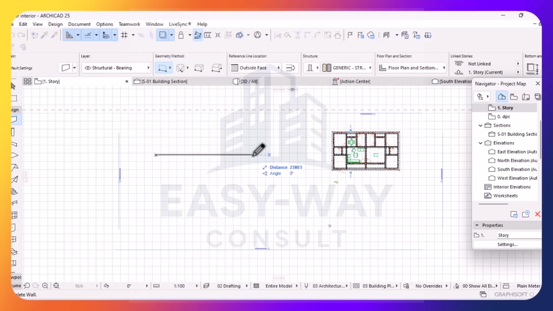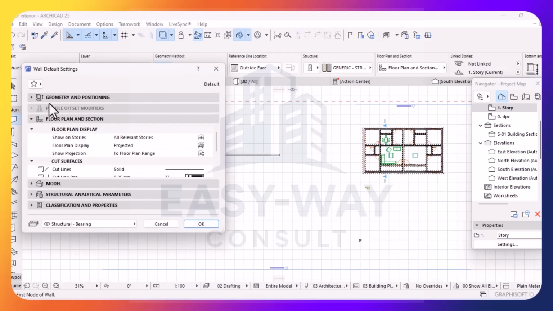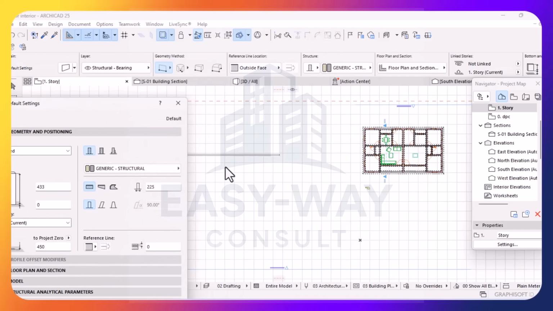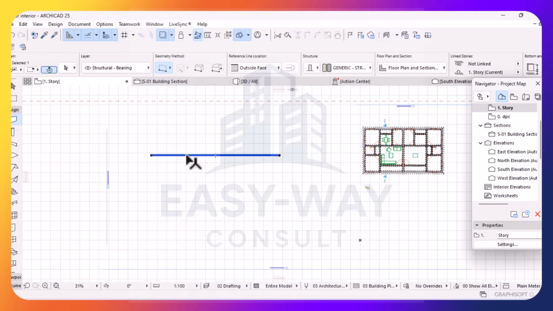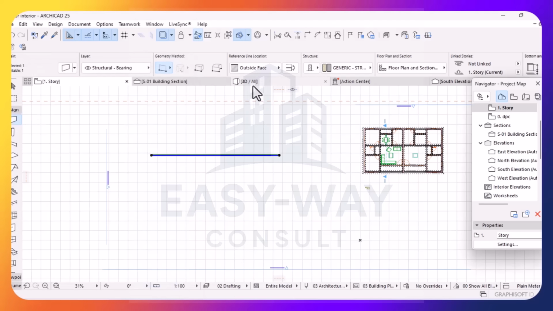I don't want to use this drawing. I've gone to wall. So you go to wall and you just set what you have done. Let's set this wall to 3000 height. Just set it to 3000 height. Then